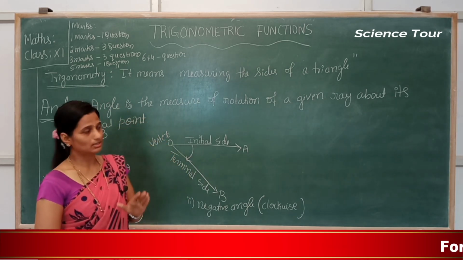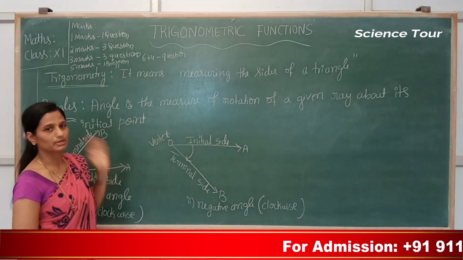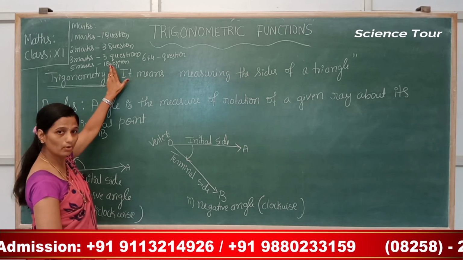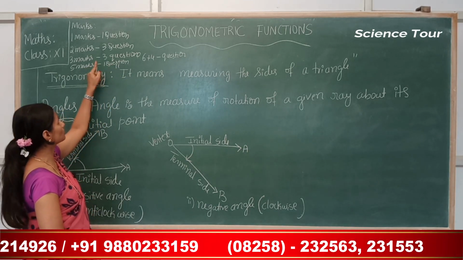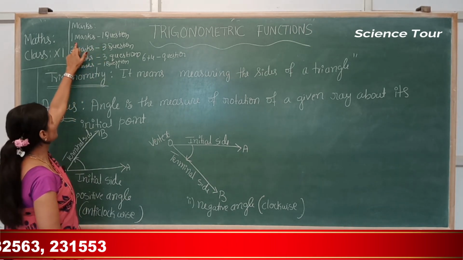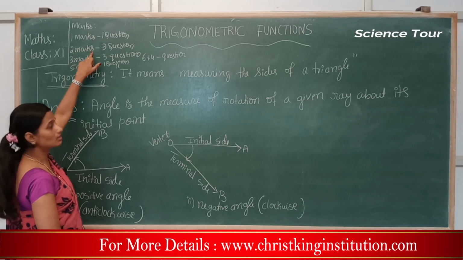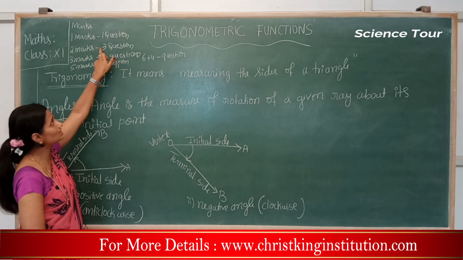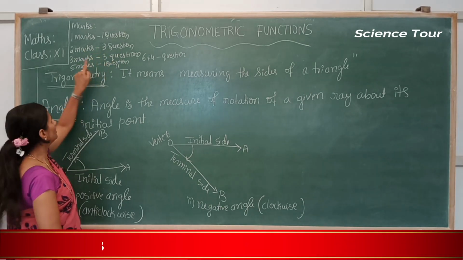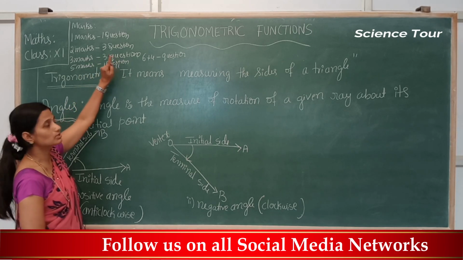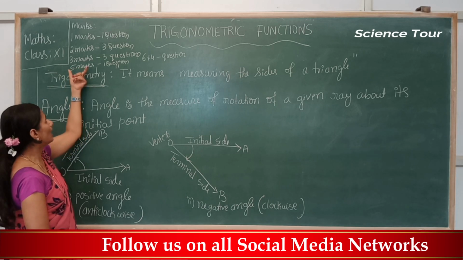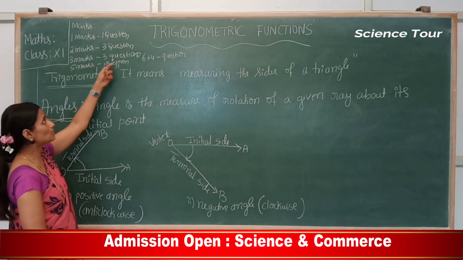Now in your first year, how many marks come from this trigonometric function? This is one of the biggest and very important chapters. How many questions are there? 1 mark 1 question from this chapter. 2 marks, sometimes 3 questions, sometimes 2 questions. Next, 3 marks, again 3 questions or 2 questions. And 5 marks, 1 question.